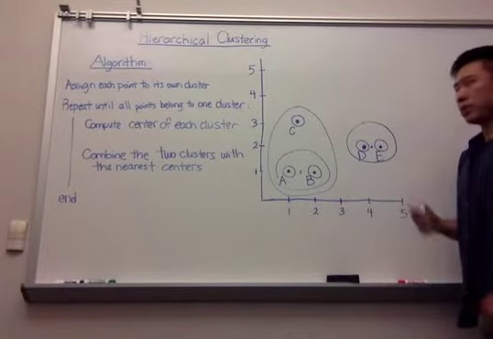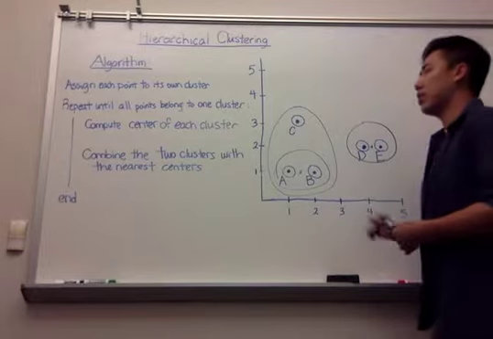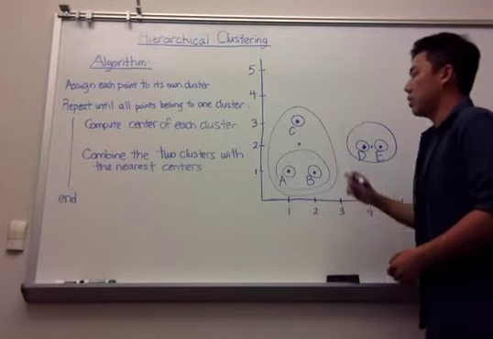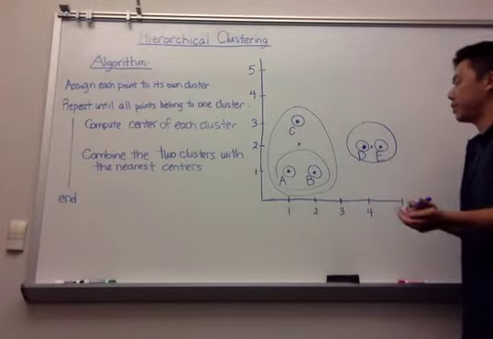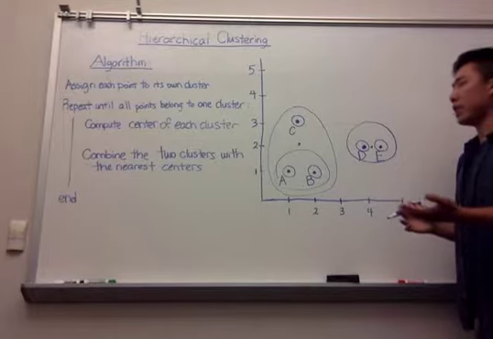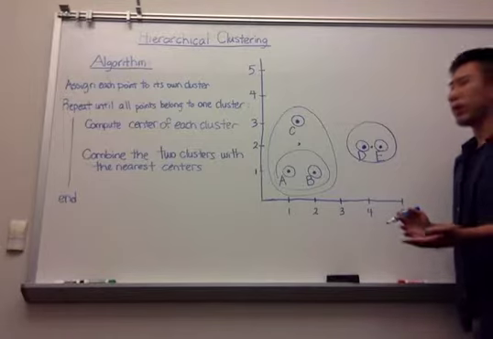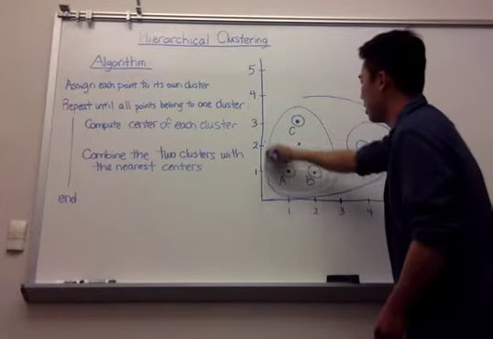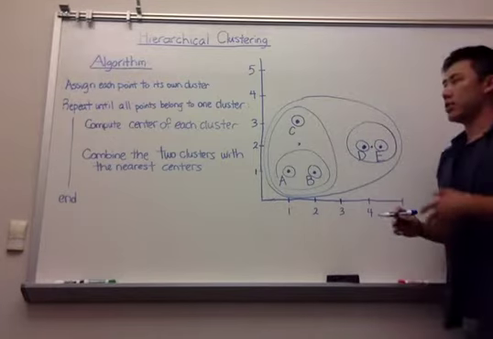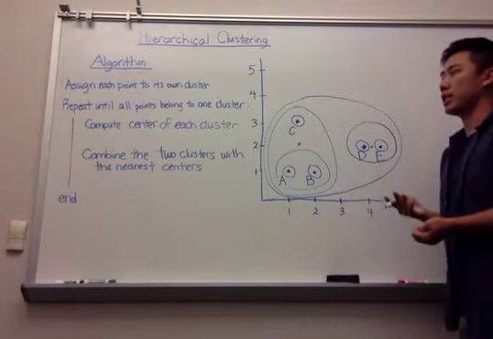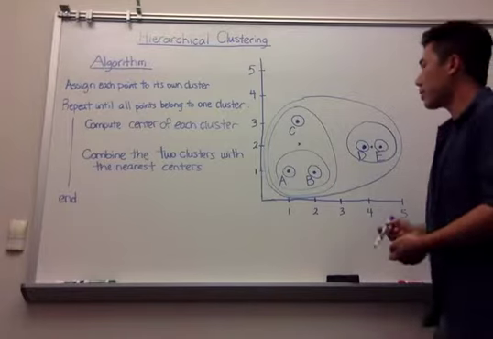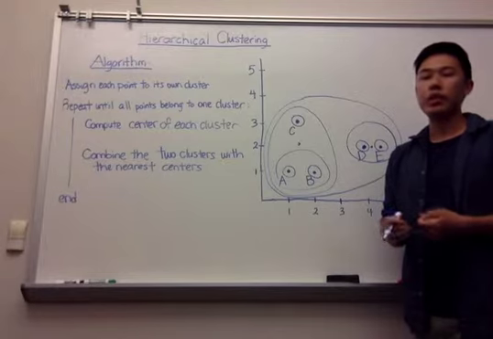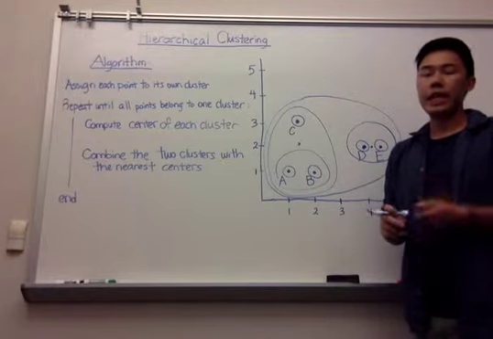And now we repeat the process once more, and we have to compute the center of this new cluster, which is around 1.5 and 2. And since we only have 2 clusters remaining, we have to combine the 2 regardless. So this is the final cluster here. Since all of the points belong to one cluster, the while loop exits, and we're done. The hierarchical clustering can be represented in a dendrogram, which is represented as a tree,